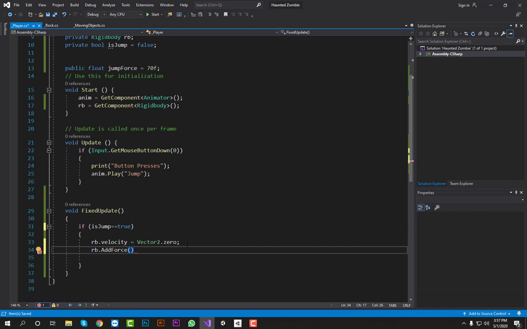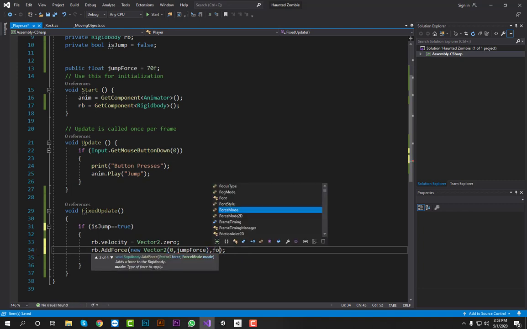and the AddForce will equal to, let's check it out, I will use Vector3 and the ForceMode. Okay, how can I use it? New Vector2, x will be 0 and y will be jumpForce, and the ForceMode will be ForceMode